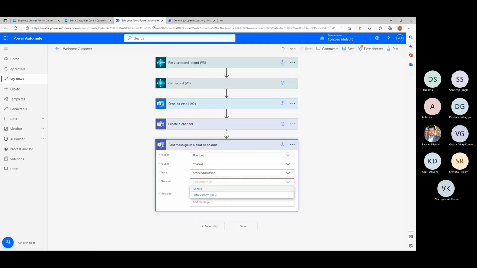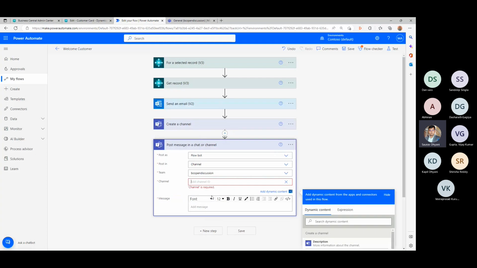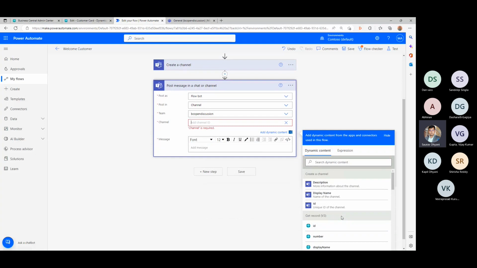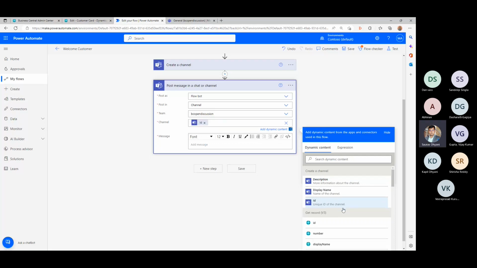The message should get into the channel that's just got created. So let's enter a custom value, and this dynamic flow window will open. On the previous step, which is create a channel, you're automatically getting these three fields: the description of the channel, the display name, and the unique ID of the channel. That's what we need.